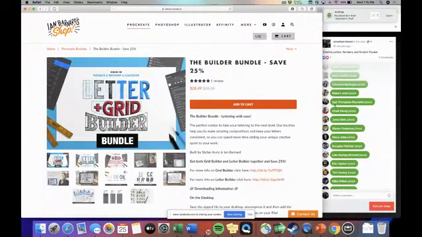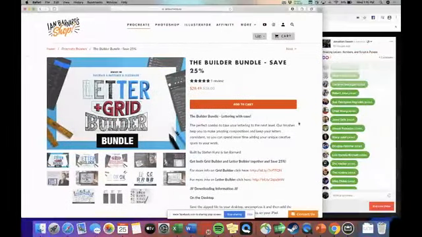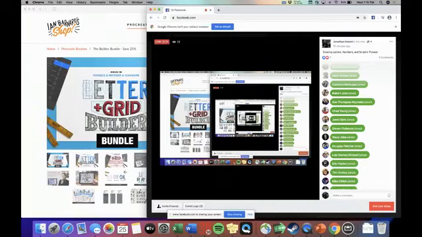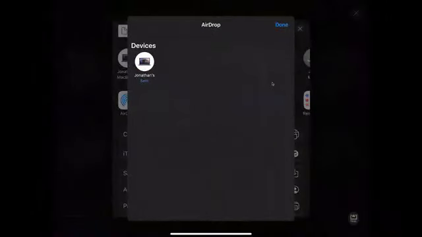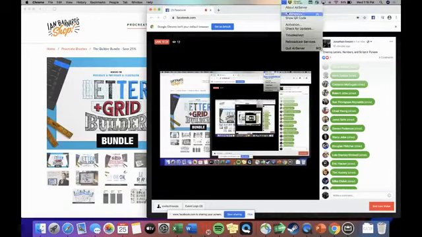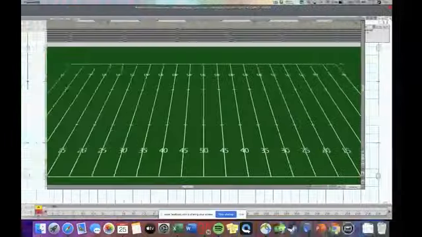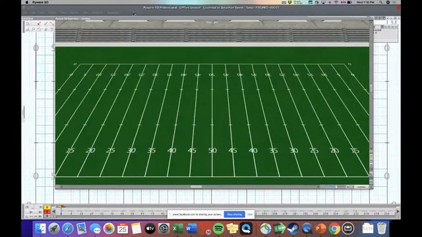And it's in my downloads folder. And now I can take that from my iPad, go into Pyware. Let me turn off the air server here. Go into Pyware,